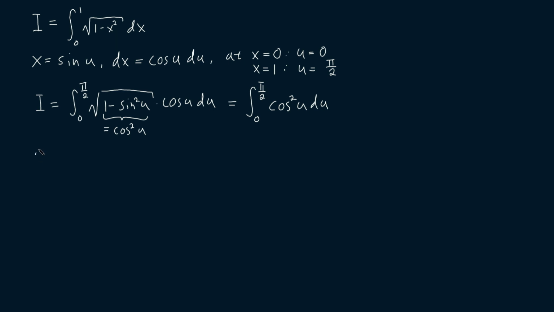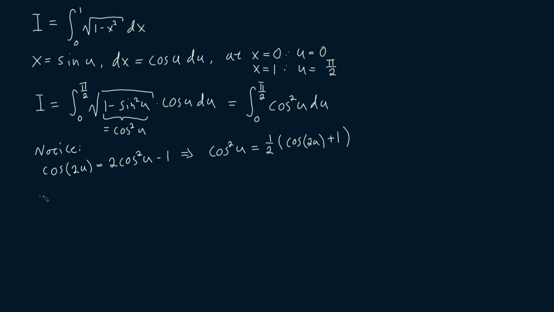Now let's notice the double angle identity for cosine. Cosine of 2u is equal to 2 times cosine squared of u minus 1. This then implies that cosine squared of u can be expressed as 1/2 times cosine of 2u plus 1,